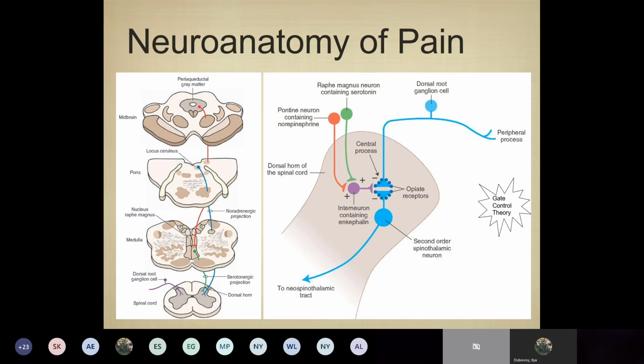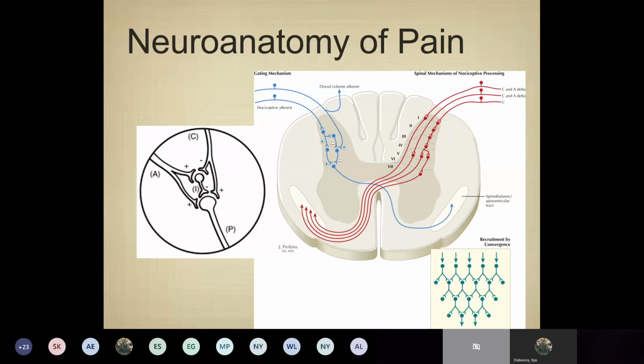The locus ceruleus is also involved, and it sends tracts that also descend to the interneurons and also promote the production of enkephalins. And this is generally considered to be a noradrenergic pathway. And this is also why catecholamines are commonly used as pain modulators. Certainly when we prescribe SNRIs and things like that for chronic pain, this is what the theory of their efficacy is based on. The other thing that is important to note is that the modulation of pain isn't just due